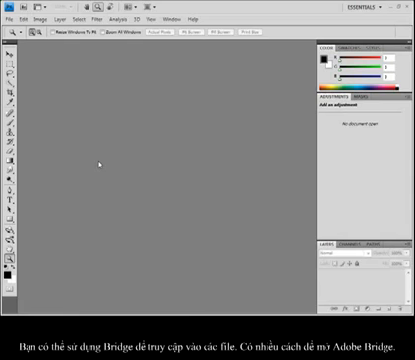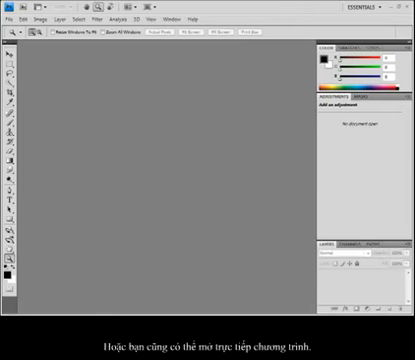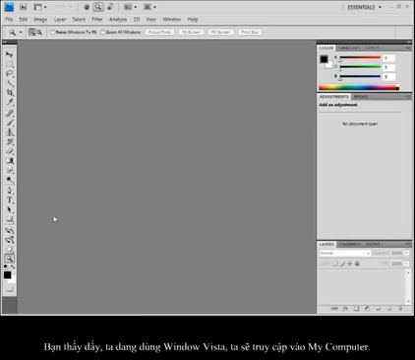We're going to be using Bridge throughout this book for you to access your files, and you can open it several ways. One is that you can, of course, use the Launch Bridge button in the application bar in most of your applications included in the Creative Suite, but you can also access it separately. You'll see that I'm in Windows Vista, but I can also go through my Programs folder and access it that way as well. Now, what I'm going to do is just click on Launch Bridge,